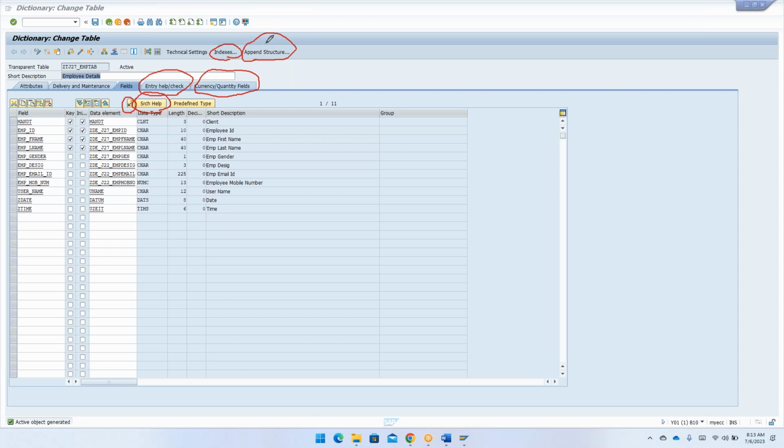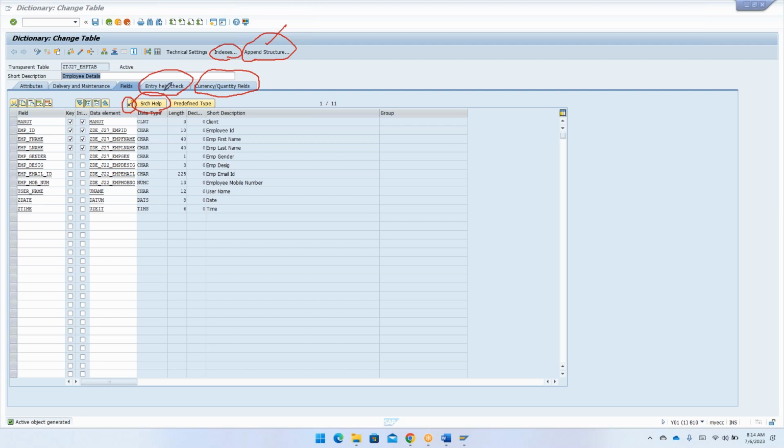in this table. Now we are going to see about your structures. So what is a structure? How to create the structure? How to add the structure to the table? In this, you will have two types of tables. One is your standard tables, which have been created by SAP. One is your custom tables that have been created by us. So how can we add the structure to standard tables, and how can we add the structure to our custom tables is what we are going to see. Okay, so these pending topics, so these search helps